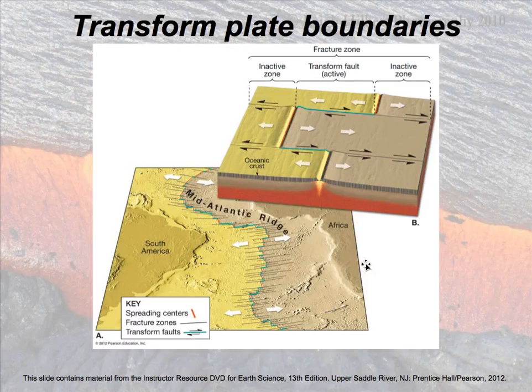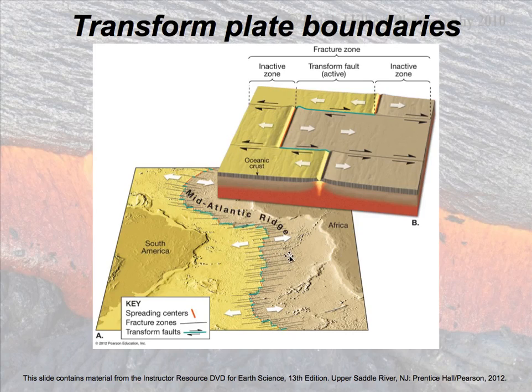Transform boundaries are the third major type of tectonic boundary, and those are generated due to the need for plate motions to accommodate the other plate motions as they occur on the Earth's surface. So when you have a lot of convergence and subduction, there's necessarily some stress on some plates moving in the lateral or transform direction. That is to accommodate the three-dimensionality, the curved surface of the Earth. When you're moving plates toward each other and against each other, things slip and slide on the edges, and you get typically very, very